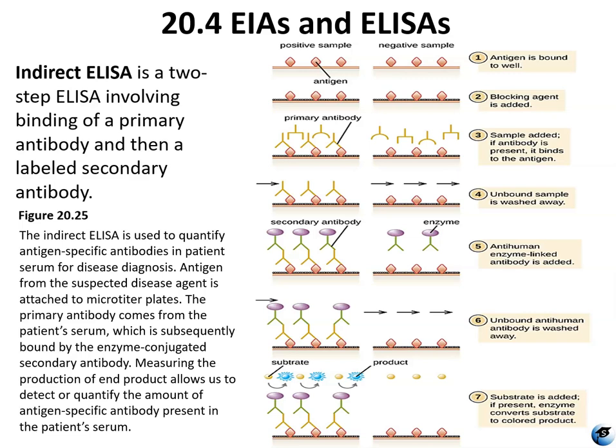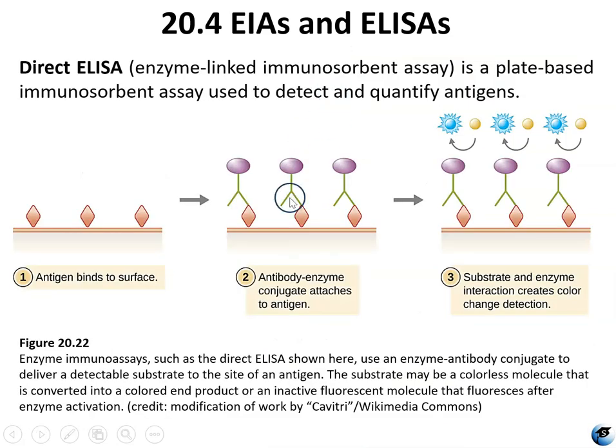So it's very similar to direct ELISA, it's just got extra steps in between. You have your test solution with your antigen. You are trying to see if this primary antibody is there or if it is not there. In the indirect ELISA, if it is there, it will bind to the antigen. Okay. In the direct ELISA, at this point, the enzymatic solution would be added and you would have a color